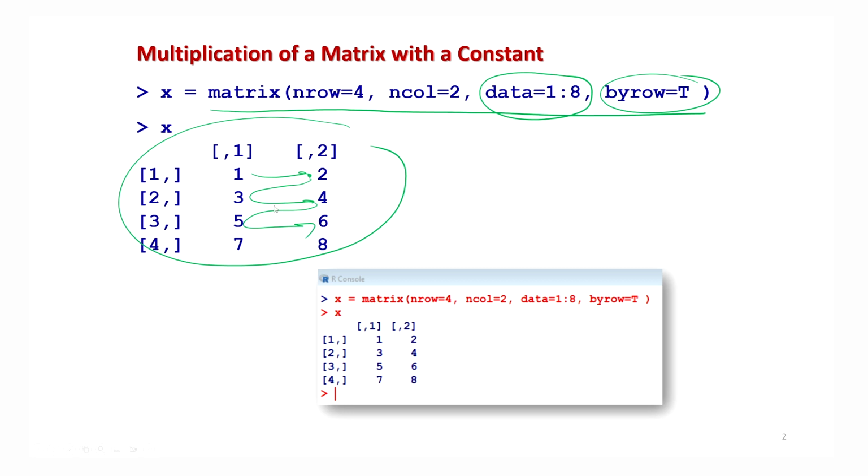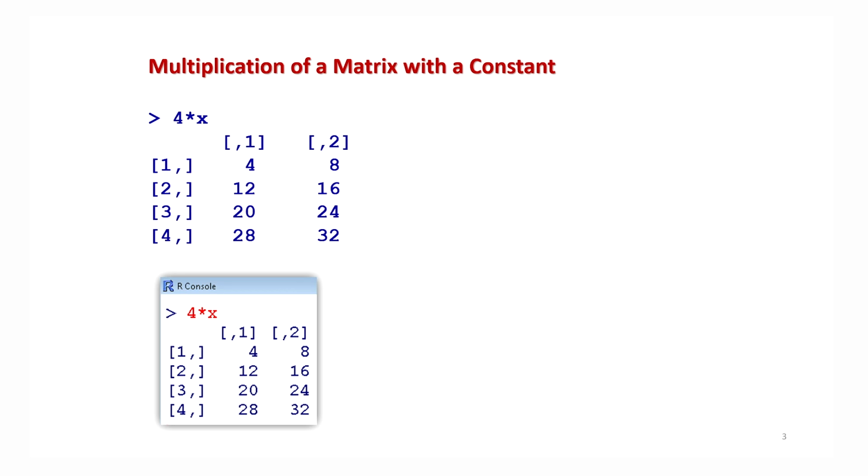Now suppose you want to multiply this matrix by a scalar, by a constant. In order to do it, the operator here is simply the star, the mathematical sign. You have to notice I am talking of multiplication, and there are two types of multiplication. One is a matrix multiplied with a constant, and the second option is a matrix multiplied by a matrix. At this moment I am talking about the case where one element is a matrix and another element is a scalar or a constant.